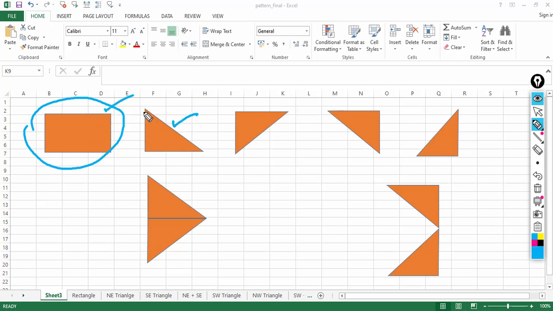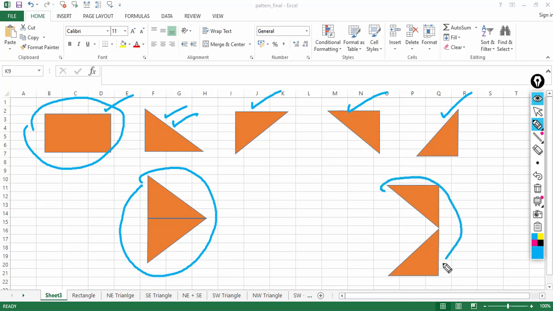First one is rectangle, rectangle or square. Second one is this kind of rectangle. Third one is this kind of rectangle. And then we'll see how to combine both. Then we'll print this rectangle and then this one, and then the combination of both. So these are the basic patterns,